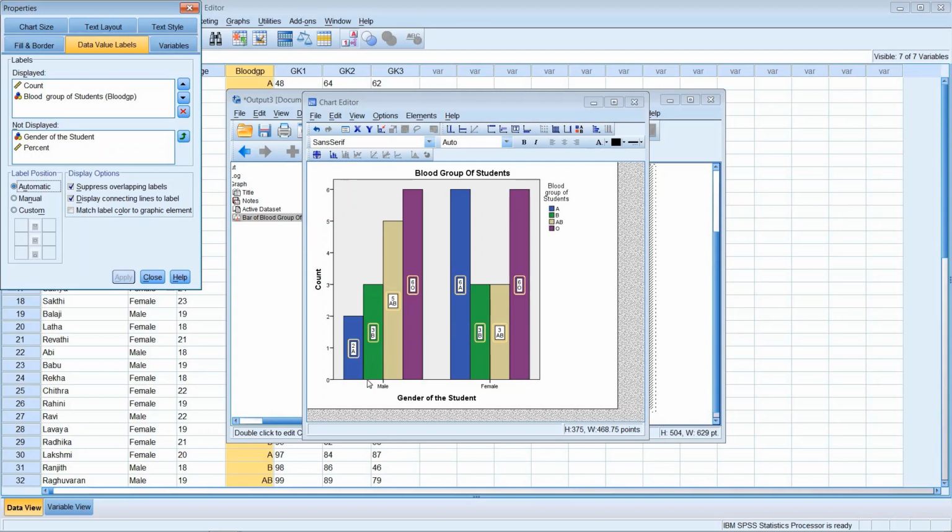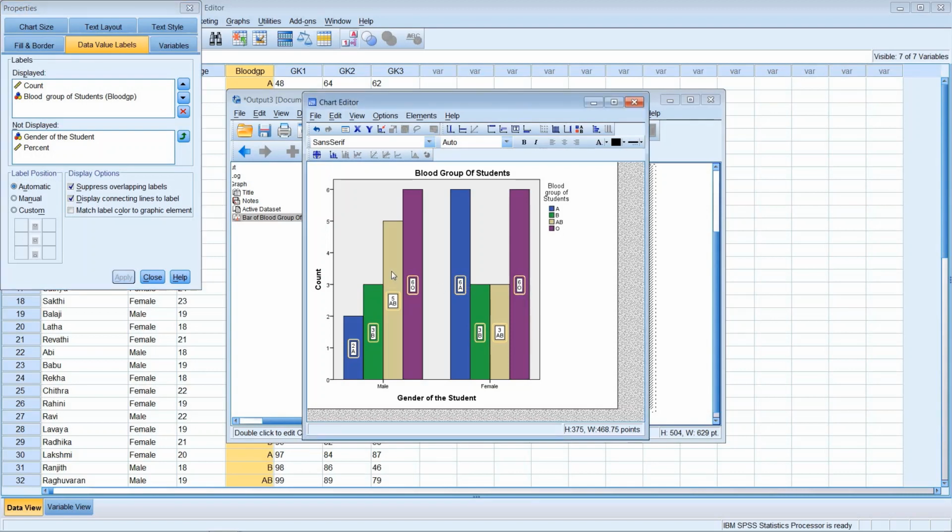In the male category 2 students belong to A group, 3 students belong to B group, 5 students belong to AB, and 6 students belong to O group. In the same manner, in the female category 6 students belong to A group, 3 students belong to B group, 3 students belong to AB group, and 6 students fall in O group.